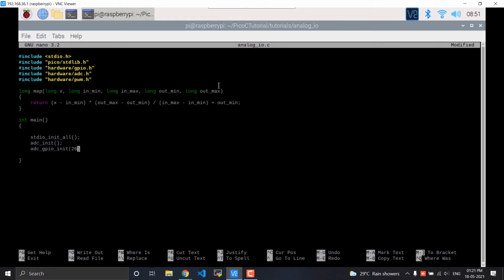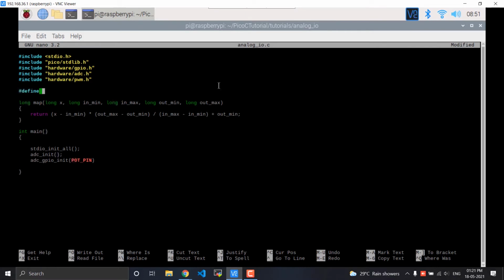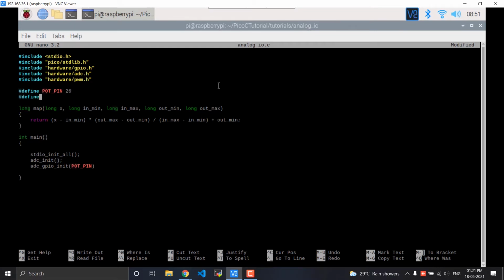Instead of hard coding these values, I can just call it potentiometer pin. And then I can go on top and declare this using hash define. We can also define the PWM pin, or let us call it the LED pin, as 14.